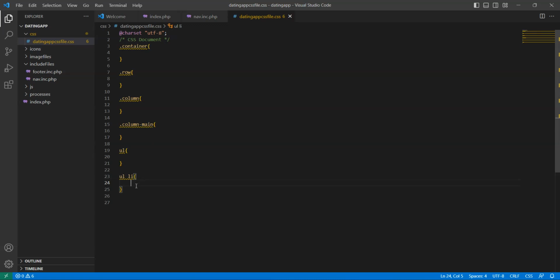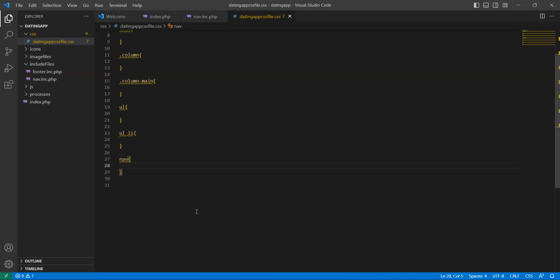So that's what we are going to use to define our navigational bar. That's what we are going to use to code our navigational bar. But the first thing I want us to do is to create a nav selector for the nav HTML tag. And let's say that this should have a width of 100%, and then a height of, let's say,